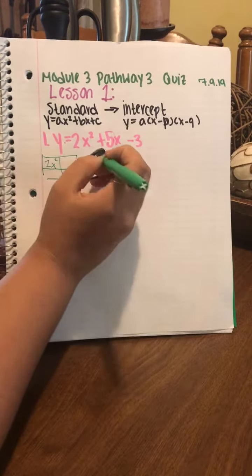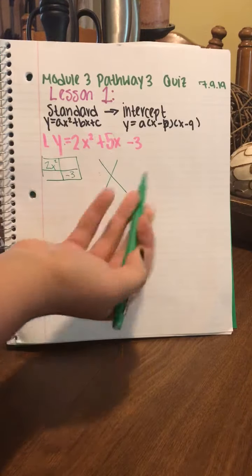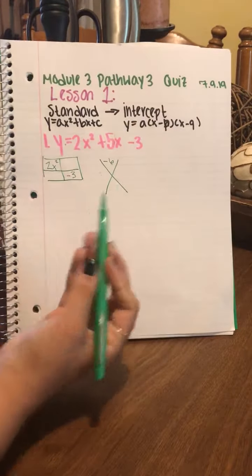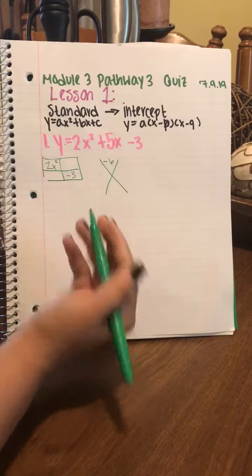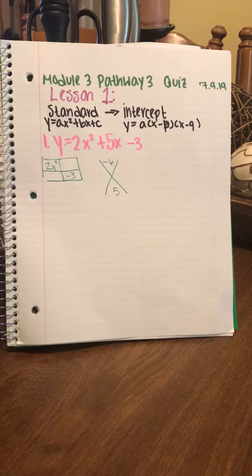So at the top of the x, I'm going to be multiplying a and c. So 2 and negative 3 is negative 6. At the bottom, I'm going to have b, just 5. Now, I need two numbers that multiply to be negative 6 and add to be 5. So negative 6,